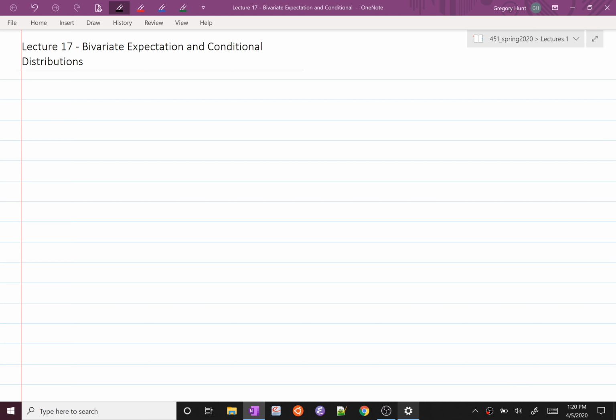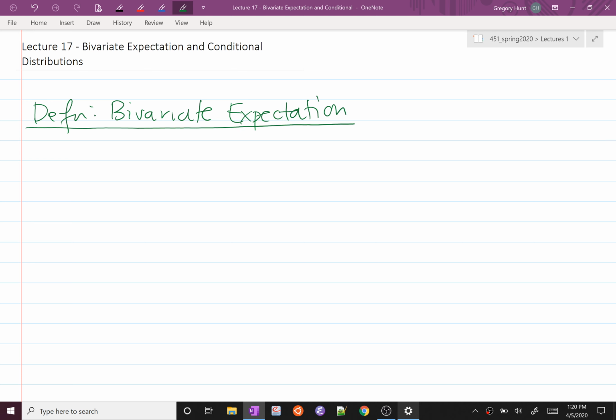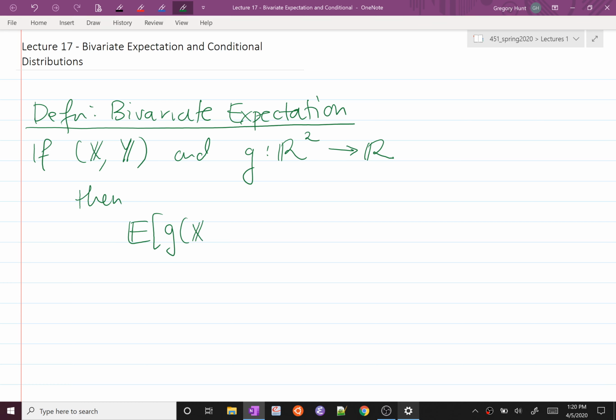So we'll start off with a definition, which is bivariate expectation. And our definition is that if we have a bivariate random variable, two components, x comma y, and we have a function g, and g is going to be a function from R2 to R, so a two-component real valued function, then we define the expected value of g of x comma y